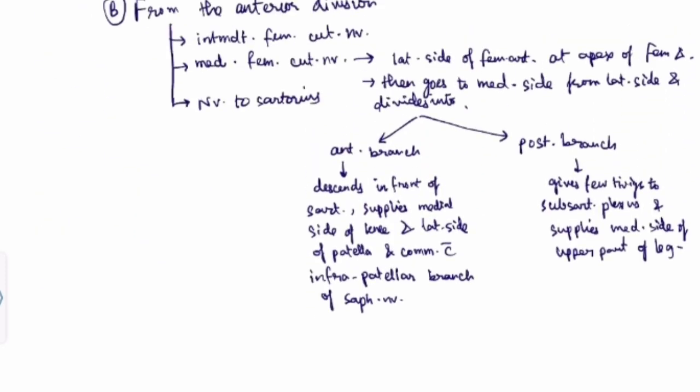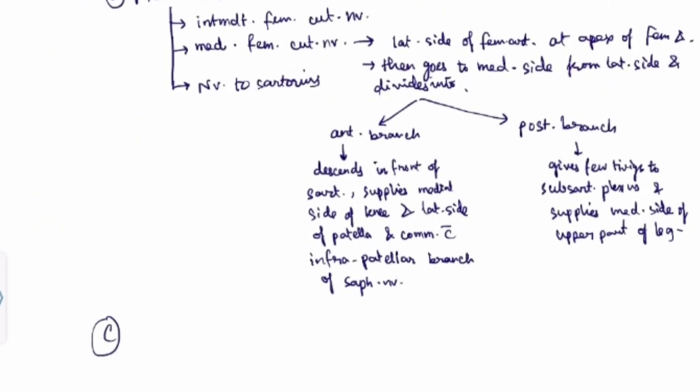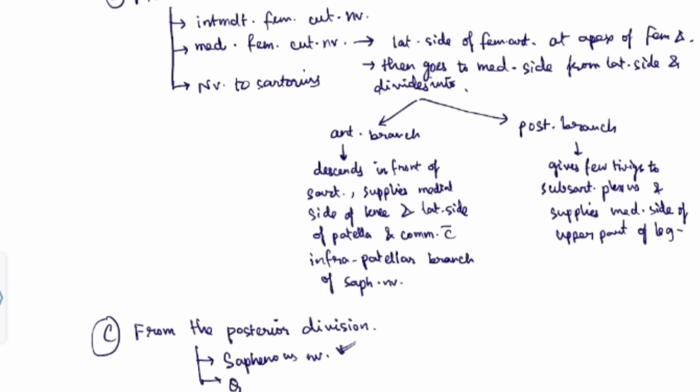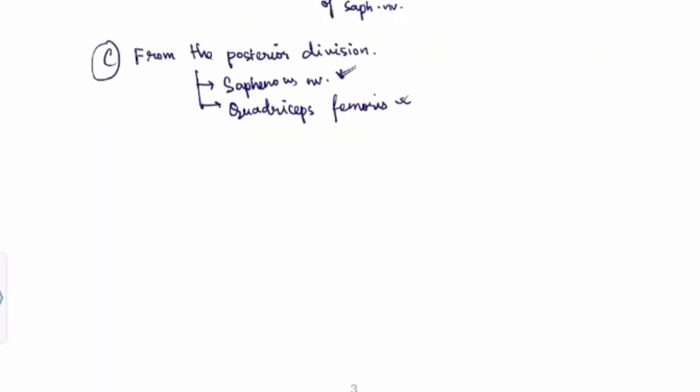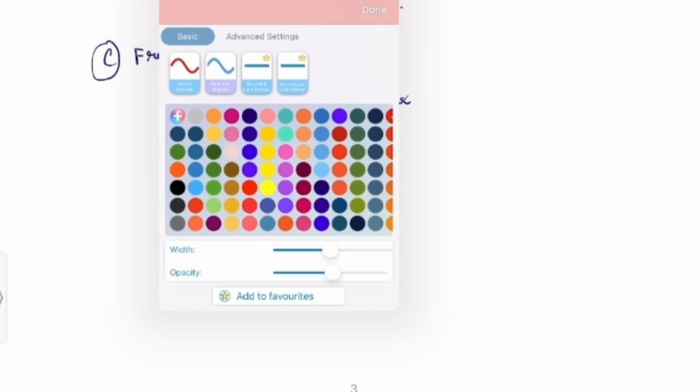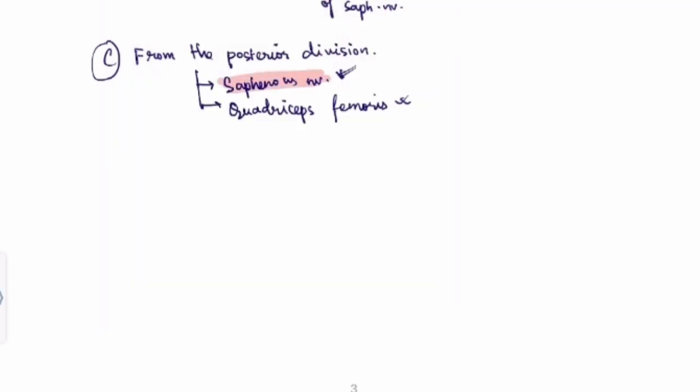Going on to the posterior division. The posterior division gives the saphenous nerve, which we will discuss in detail right now, and the muscular branches to quadriceps femoris. We will discuss the muscular branches to quadriceps femoris also, but right now we will be discussing the saphenous nerve. Saphenous nerve, let me mark it in. The saphenous nerve may come as a separate